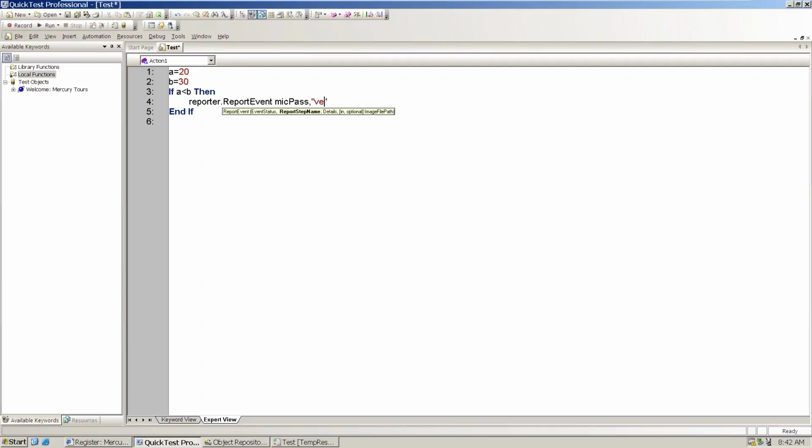Reporter dot report event, make pass. What you are going to do? You are going to verify A and B. So what would be the output? What you wanted to give as the output? A is less than B. Else,